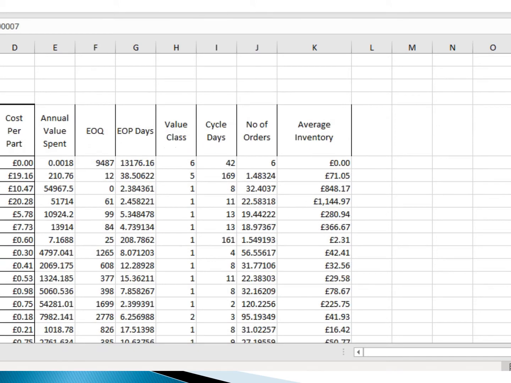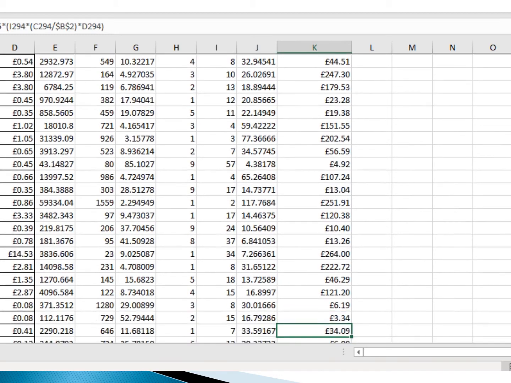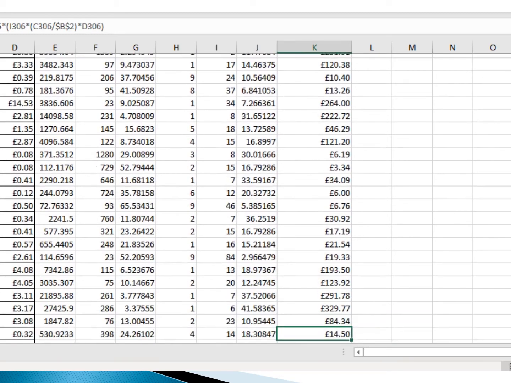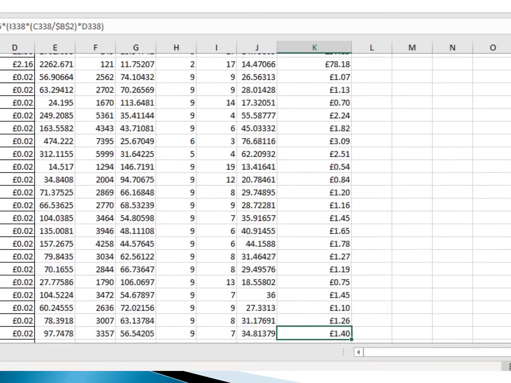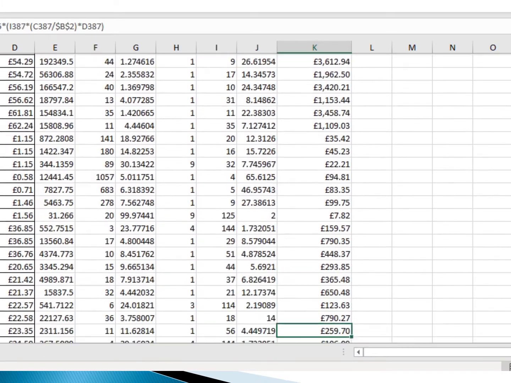And here again I put the same formula to get the number of orders, and the same for the number of inventory, and we get all the values for the 200 parts and the final result of the number of orders.